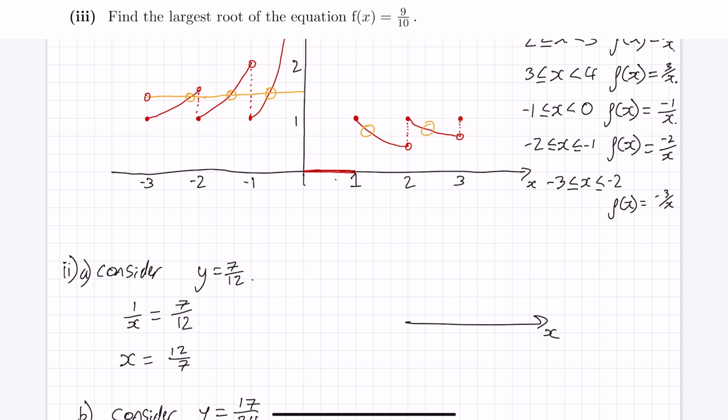Let's call this n and n plus 1. What does this go between? It'll start off at 1, and it will go down to n over n plus 1. So between these two values, I have a solution